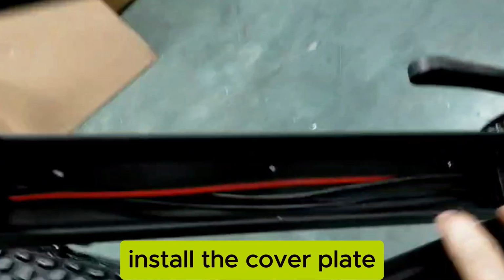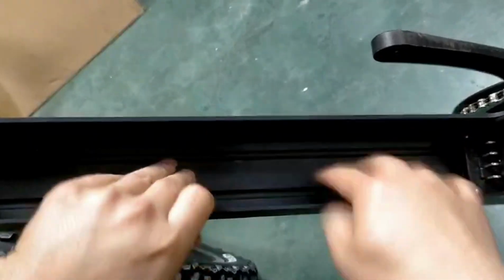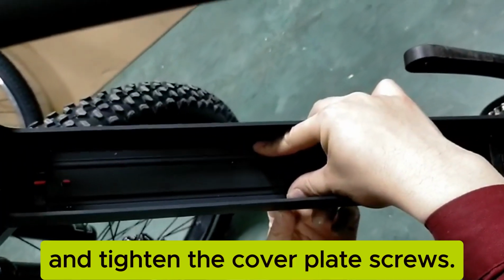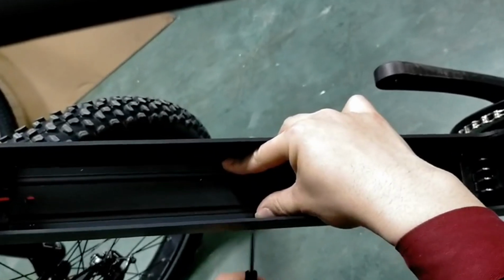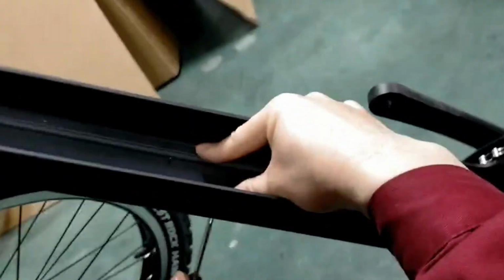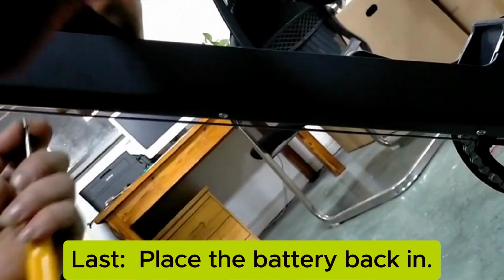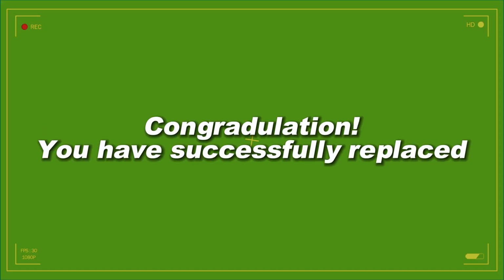Install the cover plate. And tighten the cover plate screws. Last, place the battery back in. Congratulations! You have successfully replaced